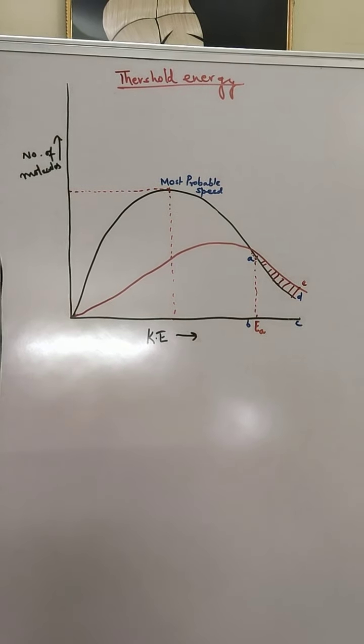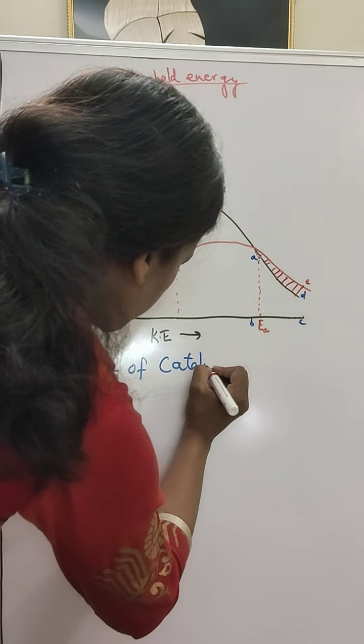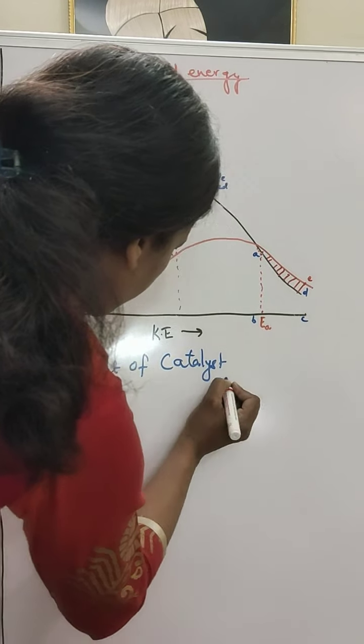Now we'll understand one more thing over here, and that is the effect of catalyst. So children, we have already studied that catalysts are those substances which speed up the rate of reaction, and they do not get utilized. They can be extracted back towards the end of the reaction. That means they merely work to speed up the rate of the reaction, right? They are the catalysts. So if we draw a graph between